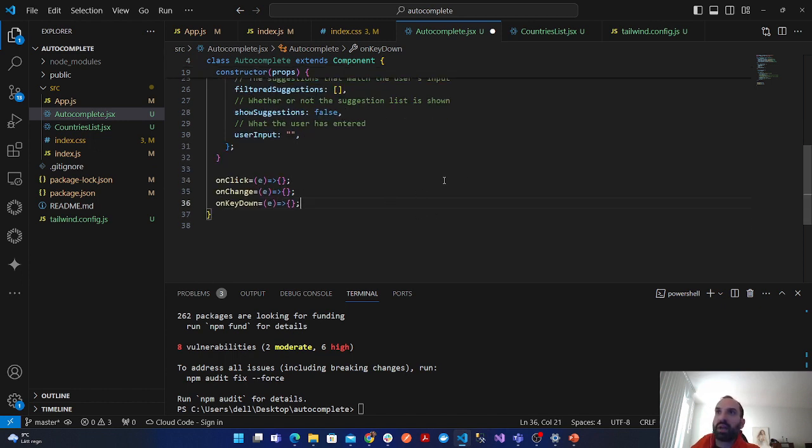Okay, those are the handlers that we have. And now we should have also the render function. So the render is